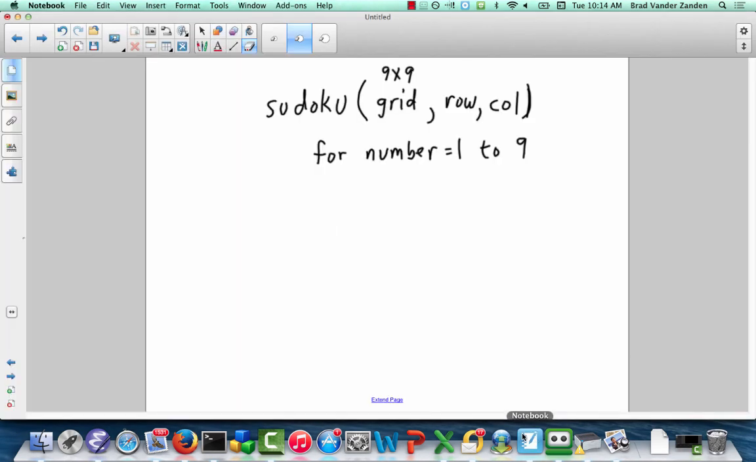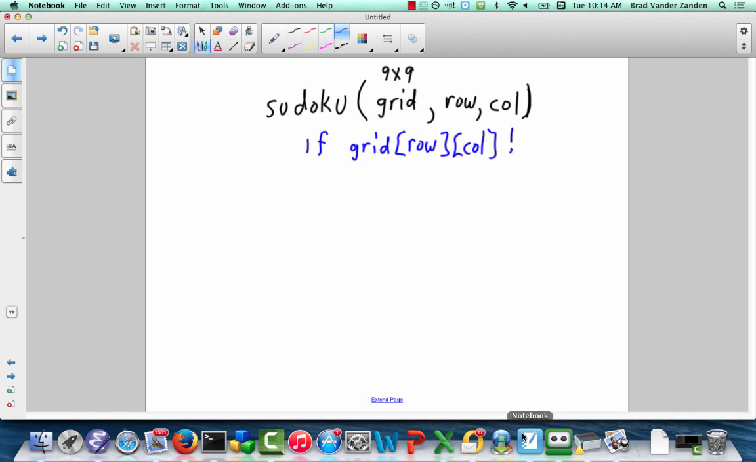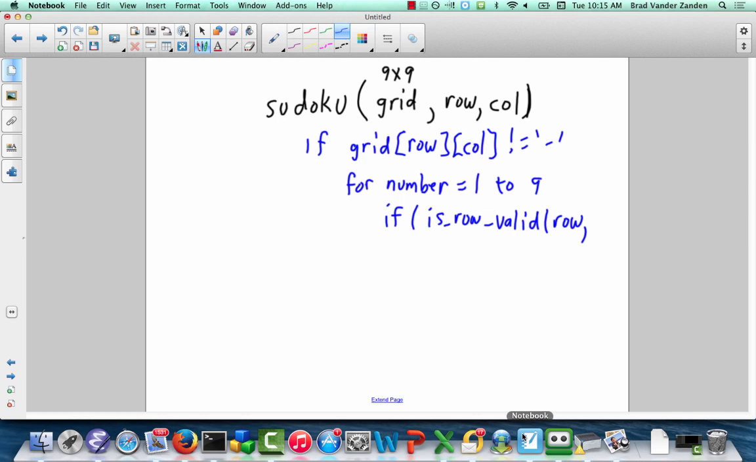So the first thing to actually check is if the grid row column is not equal to a dash, then we should say for number equals 1 to 9, we will first check to make sure that it's valid to fill in that particular row with that number. So we might say if is row valid, say row and number,